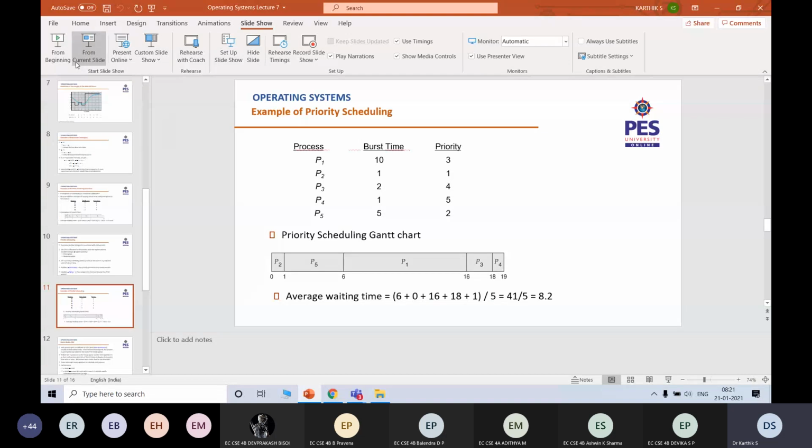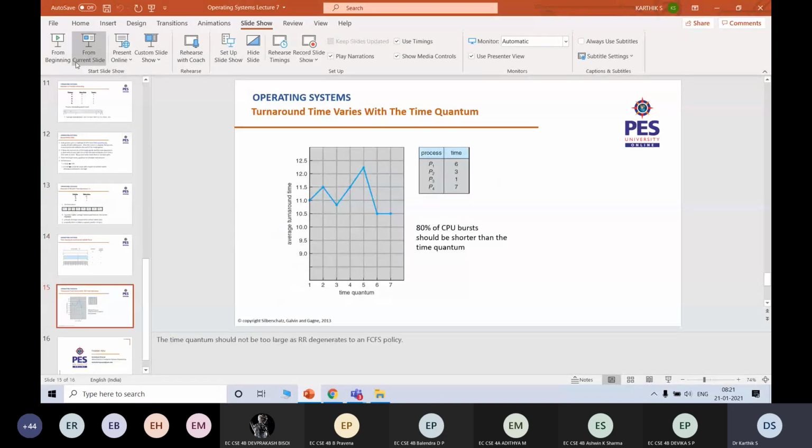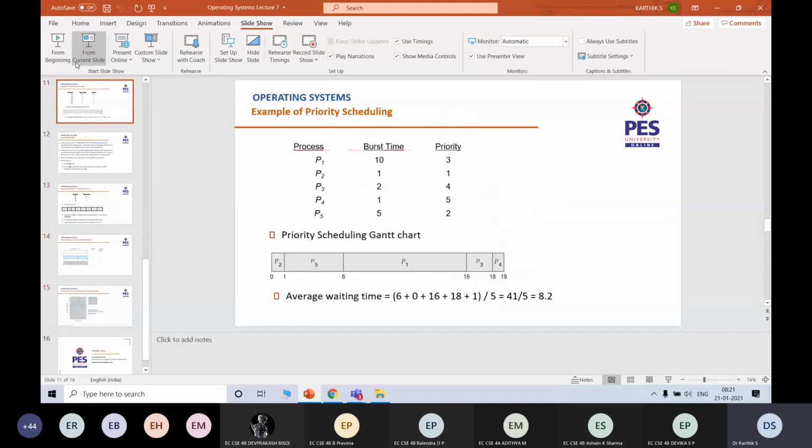And as it is pointed out in this particular example also, let us say on priority, if two processes have the same priority, how do we solve it? The answer is very simple. It is going to be followed in first come first serve order. Suppose arrival time also comes into picture, and say P6 also has priority 1. Then I'm going to check whether P2 came first or P6 came first. Whoever came first is going to get the priority and be scheduled first.